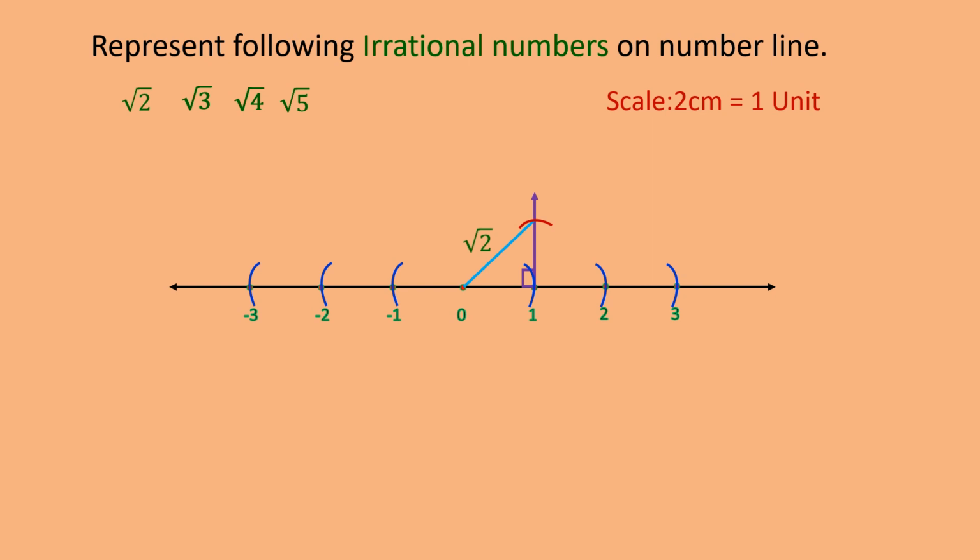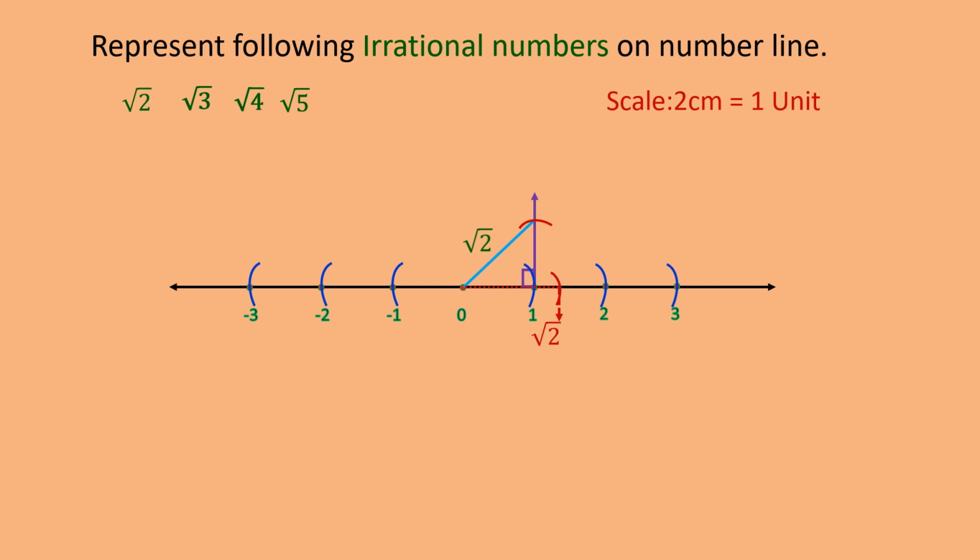So with the help of the rounder, I will take the distance between origin 0 and the red arc which is drawn on the perpendicular at 1. So with that radius, from O I will cut an arc which will intersect the line at a point, and therefore, as we know, that point will be indicated by root 2. See, 0 and this point have a difference of root 2. I hope it is clear, everyone.